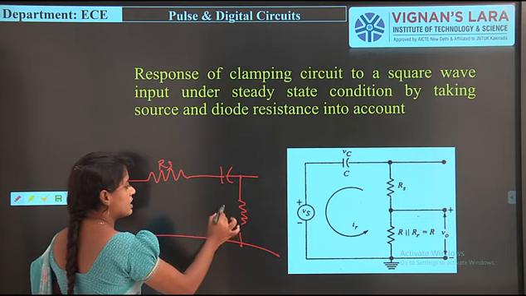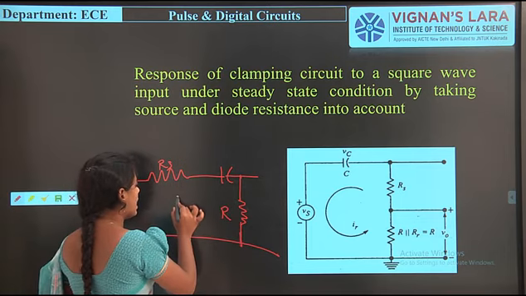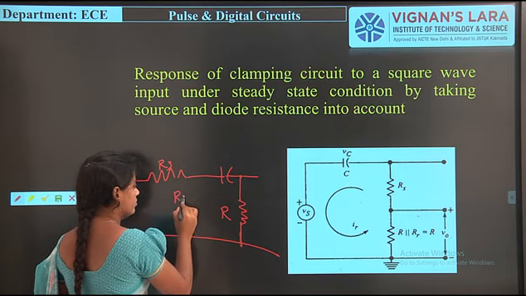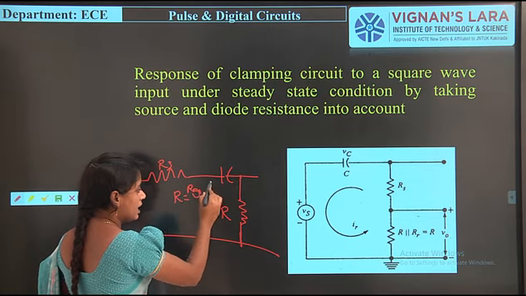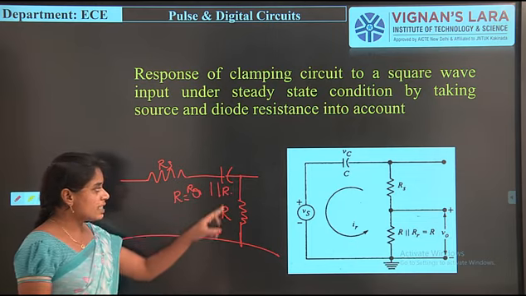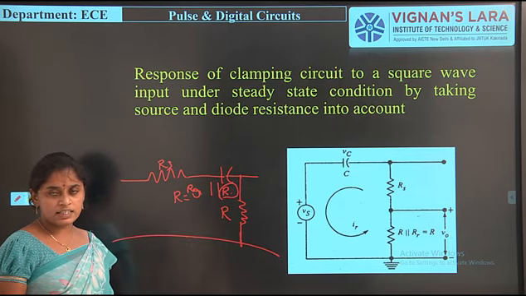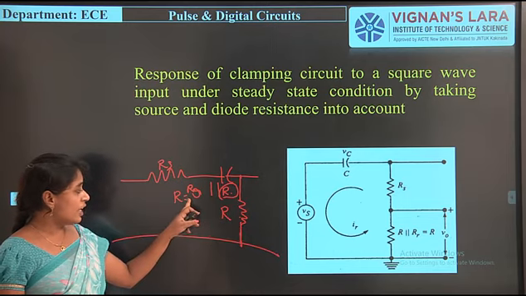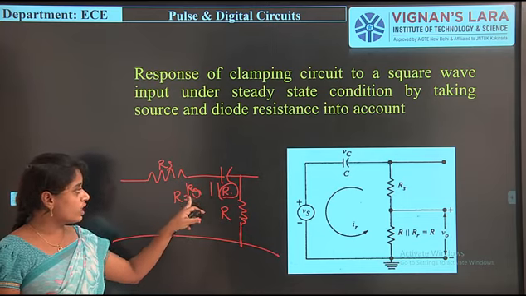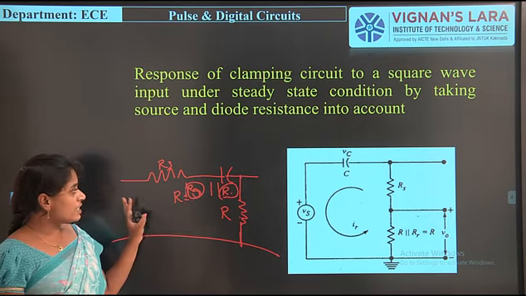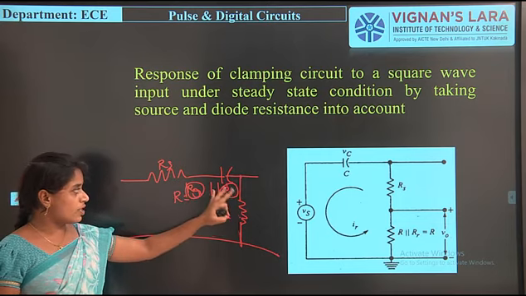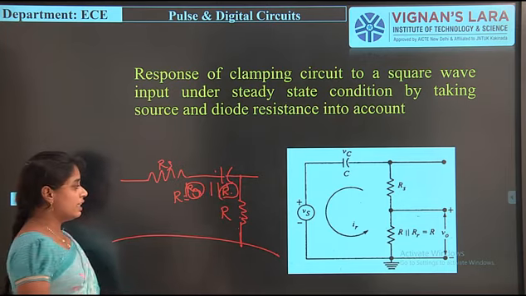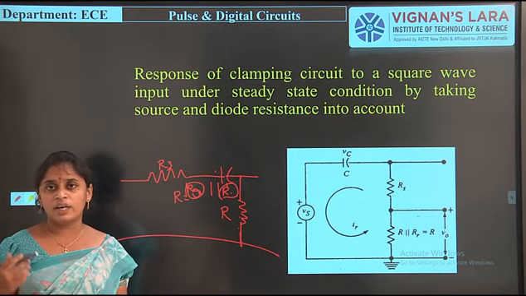RR can simply be represented with R. What is meant by R? R is nothing but RR in parallel with R. Here we consider the resistance internally: the circuit consists of resistance R in the direction, and when the diode is off the diode has a resistance RR. So the circuit will be like this: RS, R, the capacitor, and RR. The current flowing through this circuit is IR, the reverse current.